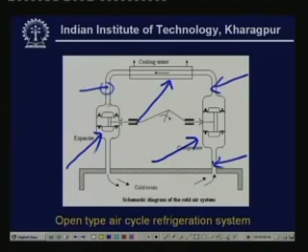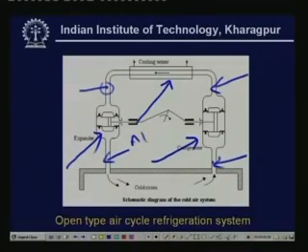This high pressure warm air then flows through an expander or turbine. As it flows through the expander or turbine, it produces external work. Since energy is required for producing external work, it takes energy from itself. That means its temperature and pressure drop. So what you have here is atmospheric pressure and low temperature air. This low temperature air is sent to the cold room where it can provide refrigeration, cool the products